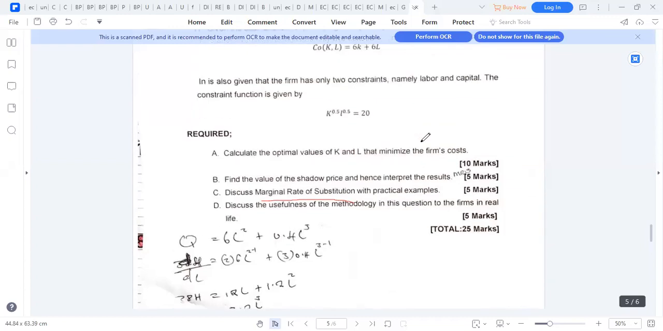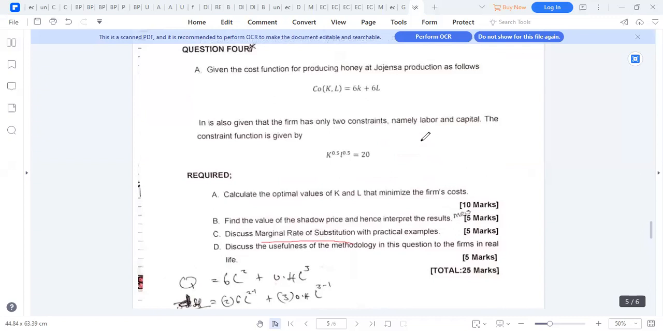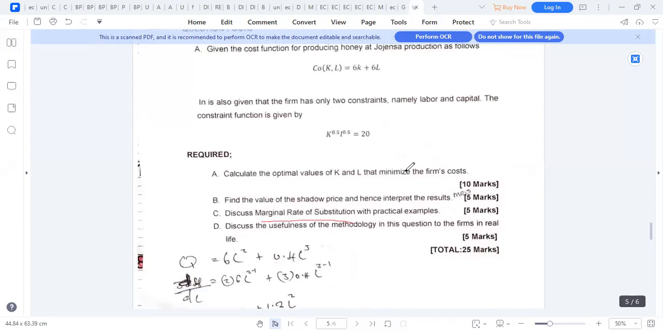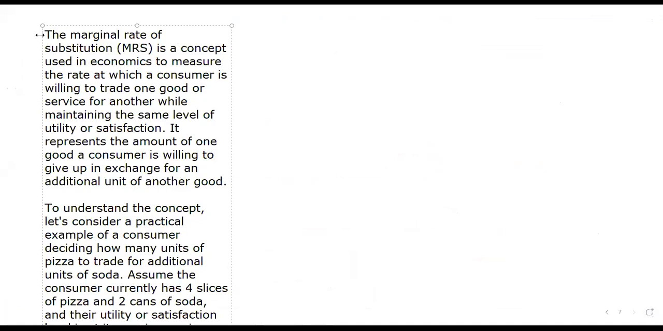Okay, so if you have a question under production like this where you're asked to discuss the marginal rate of substitution with practical examples, how do you answer such a question? So this is how you can answer a question like this one. So marginal rate of substitution is a concept in economics